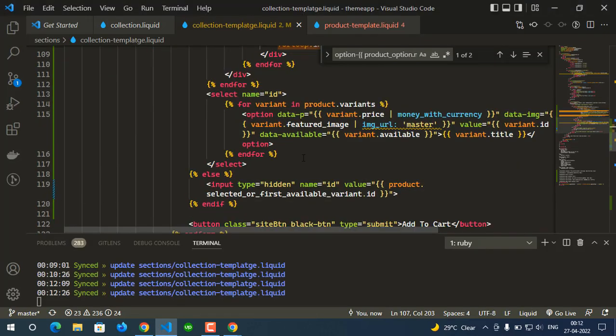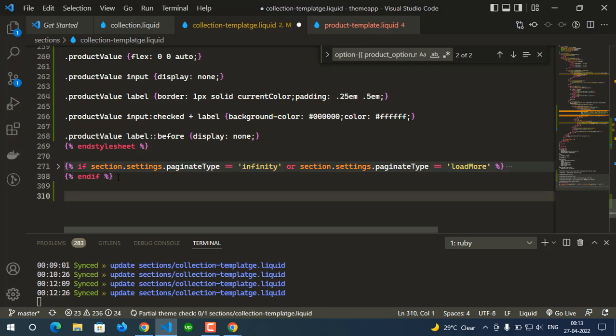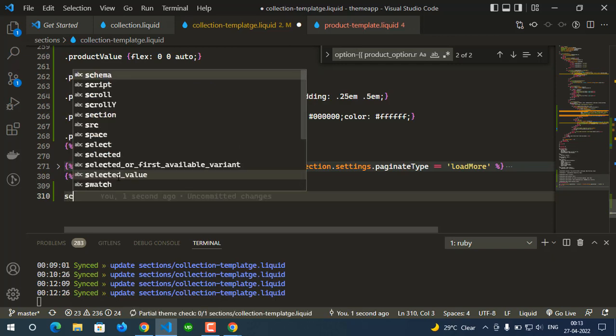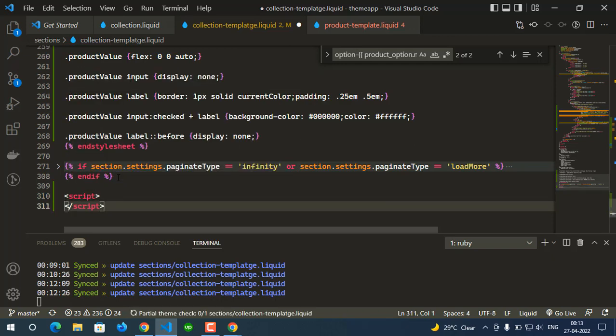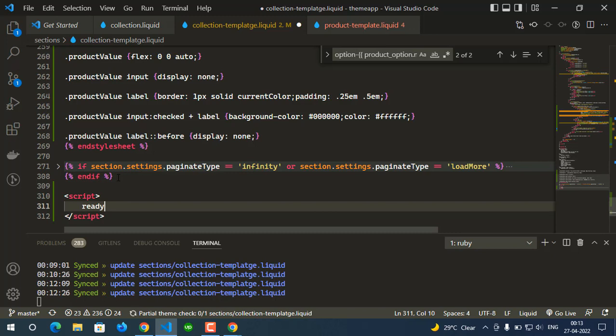So what I'm going to do, let's check we have jQuery added or not. So for that I'm going to say script ready. Okay, jQuery document